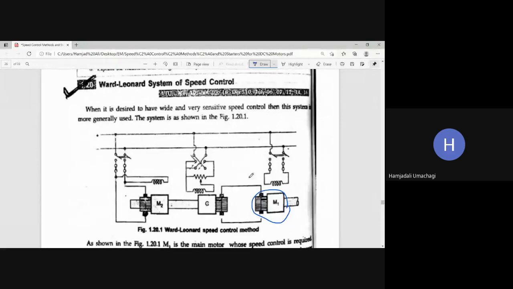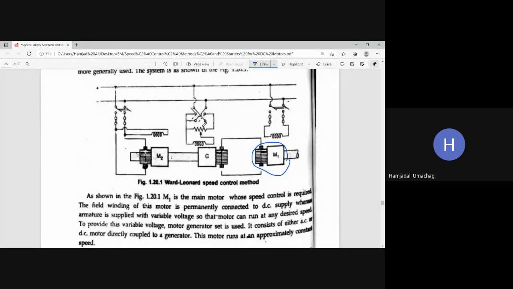And depending upon that, the motor will run in one particular direction. Similarly, if I change the switch to the other position, then automatically the field winding connection gets changed. Because of that, the direction of the motor will get reversed. So here we are going to make use of the flux control method as well as the armature voltage control method.